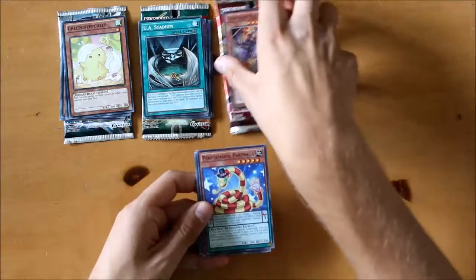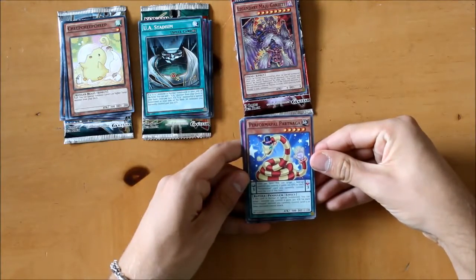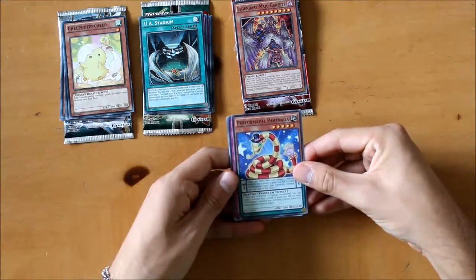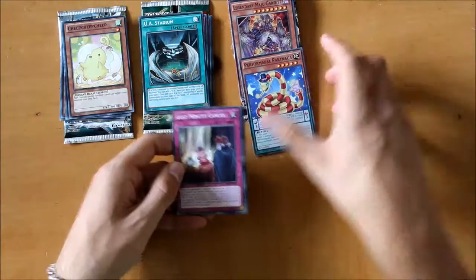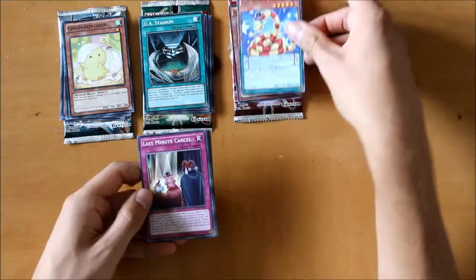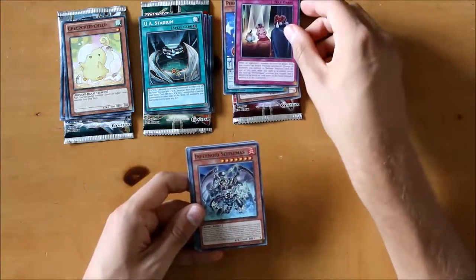I do get a pendulum. I get Perform Pal Park Naga. Yeah, so it's 3 on the pendulum scales. Let's see if I get another one. I'm not going to read out all the packs, because otherwise this video is going to actually last forever, I've realised. Last Minute Cancel. It's another Perform Pal card, so I do at least have some kind of combo that I can make. An Infernoid